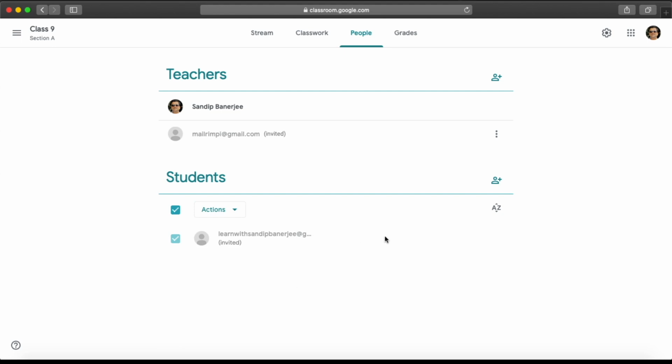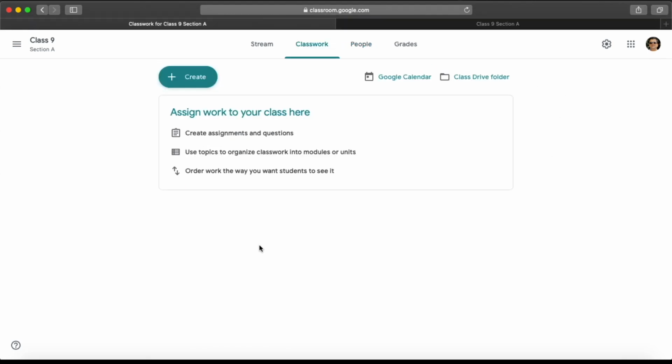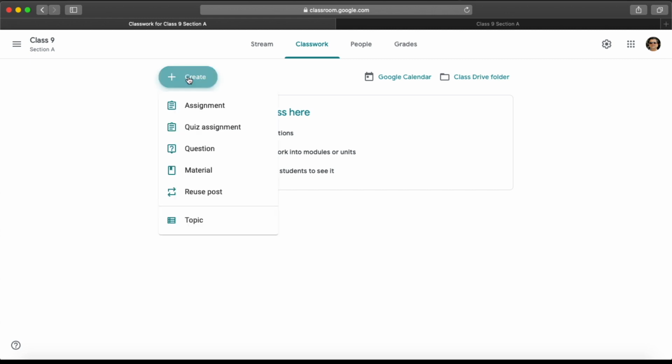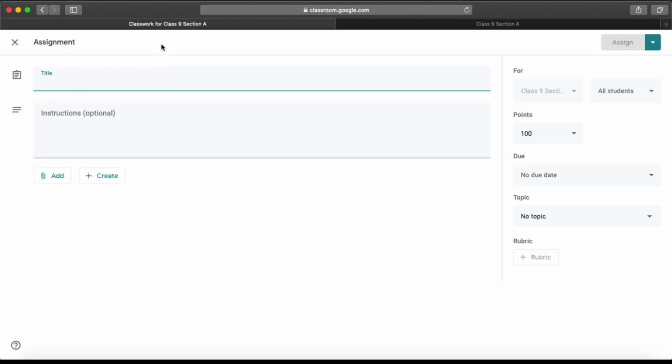Let us go back to the classwork tab, where we can check the different available options within Google Classroom. Let us select that. In the classwork tab, we have several different points to discuss. So let's start by clicking on this create button. You can locate it by this plus sign. The first option is assignment. So let's start with assignment. Let's click on that. Okay, so this is the assignment you are going to create in the first place.